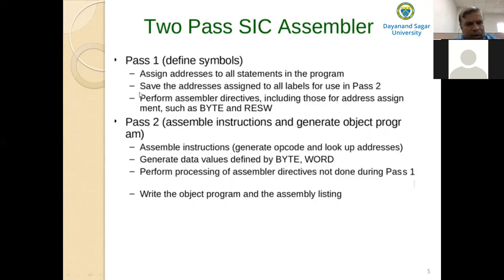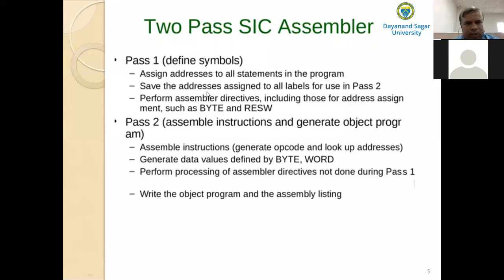In pass 1, we will assign addresses to all the statements in the program, that is, each instruction, and save the addresses assigned to all the labels for use in pass 2.